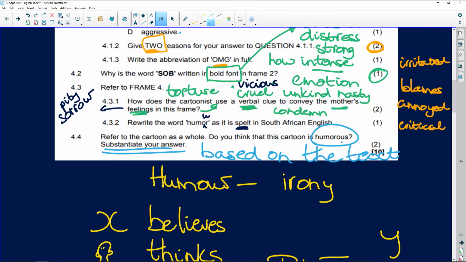What little gentle irony, because I really don't think it's a vicious satire. Gentle irony is being explored. So I would recommend always look for irony, always. It's the most obvious thing in a cartoon, and it should lead you, I think, to an answer. So when you look at cartoons, look at that question about humor. As I say, it doesn't matter if you're home language or FAL, you get the question, and tell me if irony doesn't work. So send in your question saying, I looked at this cartoon in this paper, and there is no irony. So come up with another suggestion, and I'll see what I can do.